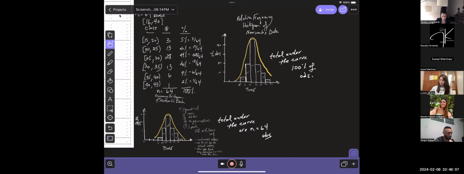This is the foundation of what we do later. The most important section is the normal section. It's going to be important in the sense that we're going to use it till the end of the course. You're not going to see much of unit 1 again, GDS, not too much, but we're going to use the normal again and again and again. So it's a really important unit or section.